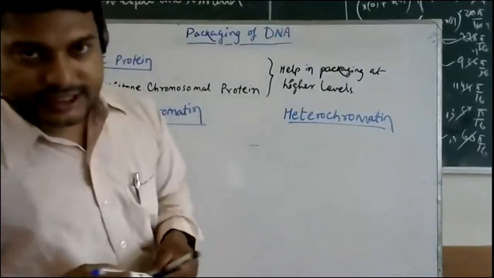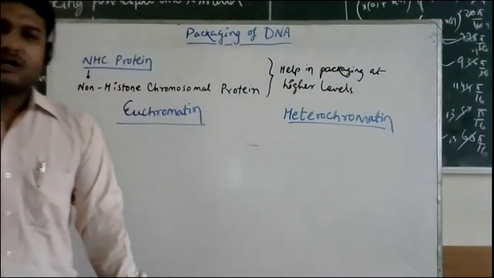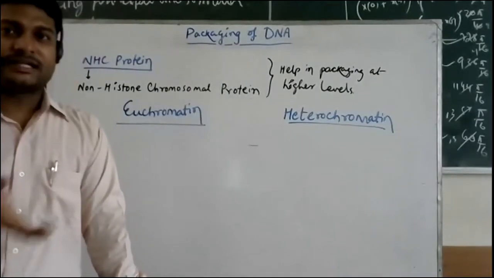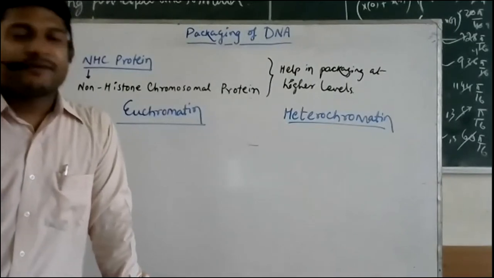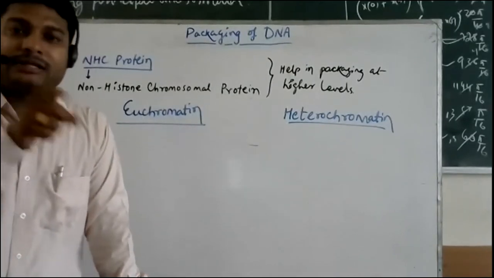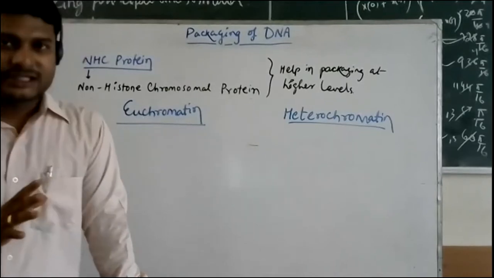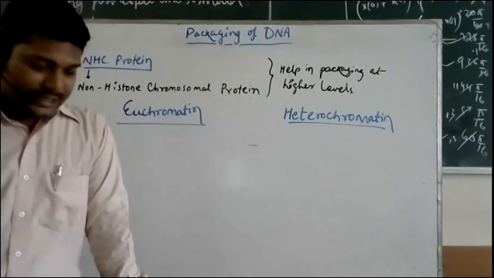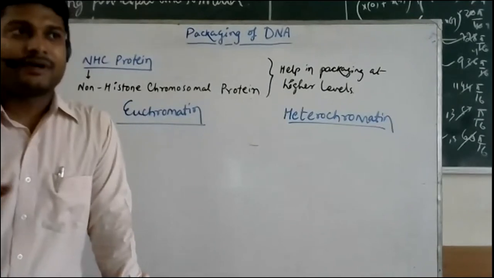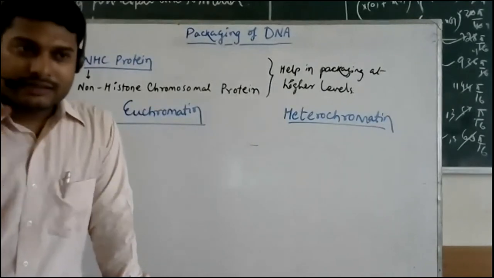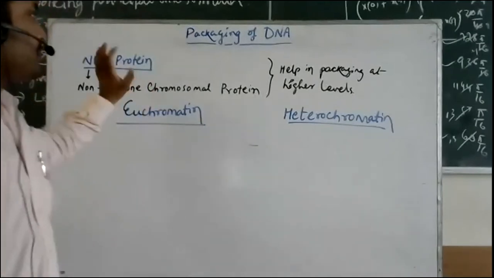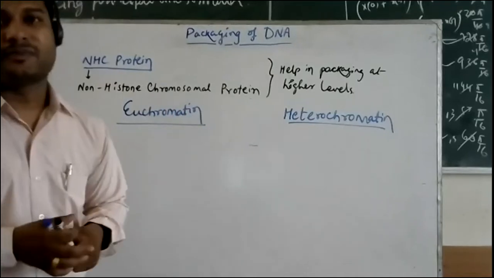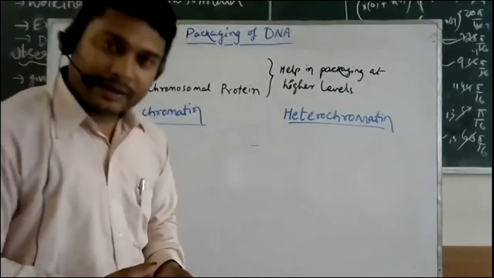As the name suggests, NHC are also going to be proteins. So of course they are going to be made up of amino acids. But here the composition is not going to be just like the histone protein. They're going to be slightly different. And frankly, I do not know the actual chemical structures or chemical composition of these NHC proteins. But again, the R group is going to be replaced with something that is going to help. They are also going to be positively charged, obviously. Otherwise, they will not be able to help in putting the DNA together. So they are going to be positively charged, but again, I'm not sure about the chemical composition of the NHC protein. They will be made up of proteins, and because they're protein, they'll be made up of amino acids.